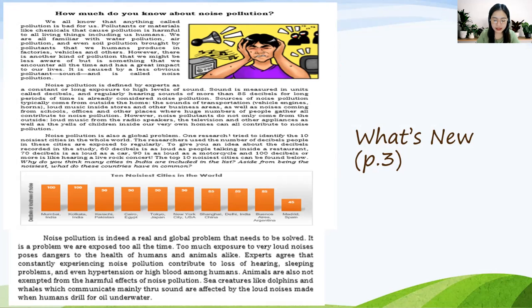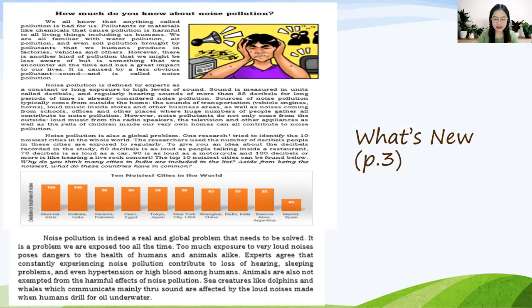Animals are also not exempted from the harmful effects of noise pollution. Sea creatures like dolphins and whales, which communicate mainly through sound, are affected by the loud noises made when humans drill for oil underwater. So that's the whole of the essay entitled How Much Do You Know About Noise Pollution?